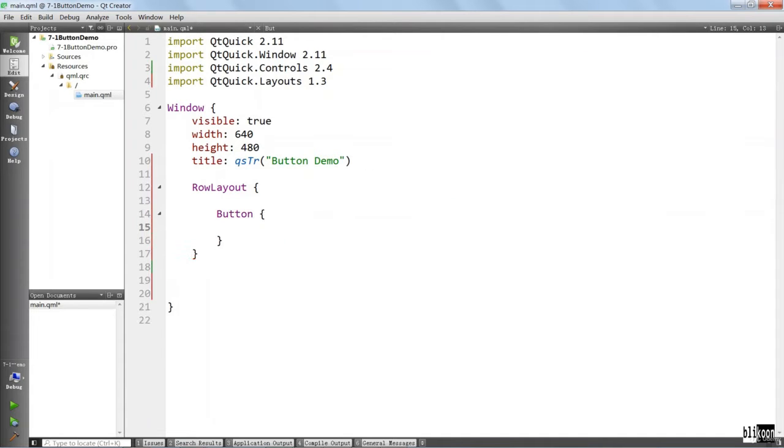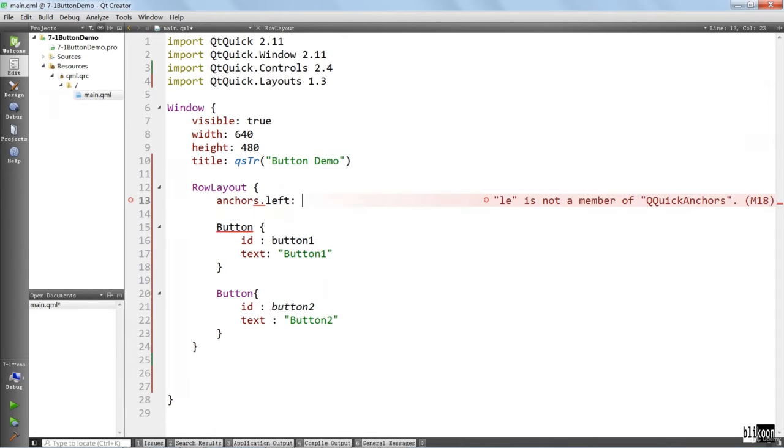So we're going to say button. Its ID is going to be button 1. It's going to have a text property. It's going to say button 1. We're going to add another one. And we want this row layout to fill the available width. One thing we can do is to anchor it to the left and to the right of the parent by saying anchors left